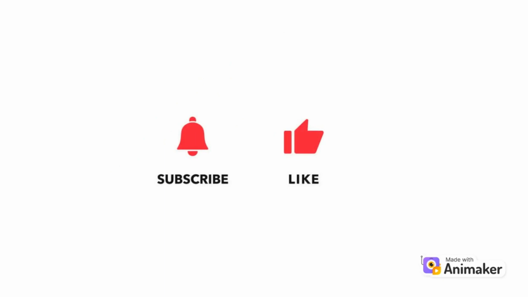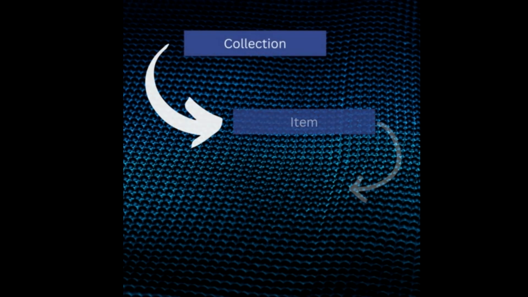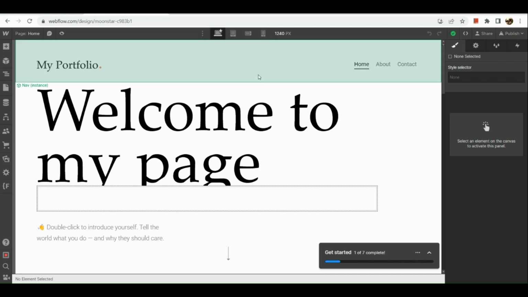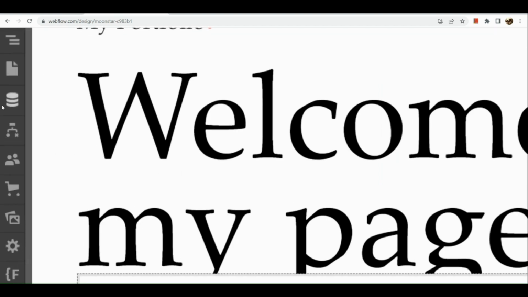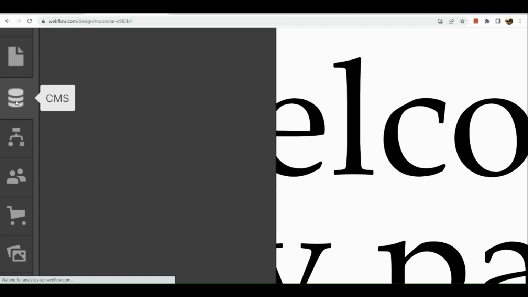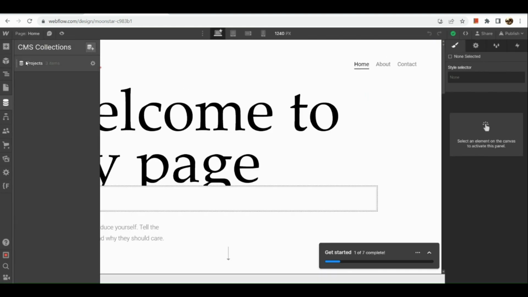To get started, let me introduce to you the sections. So here we have our collection, next is our item and our field. Now, to create content in your Webflow, all you need to do is go to your CMS, or your content management system. So you just go to your left-hand panel and click on this button, wherein you can